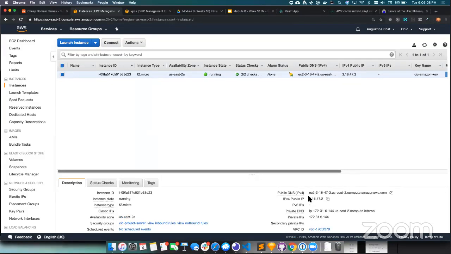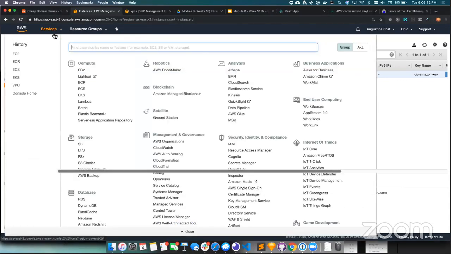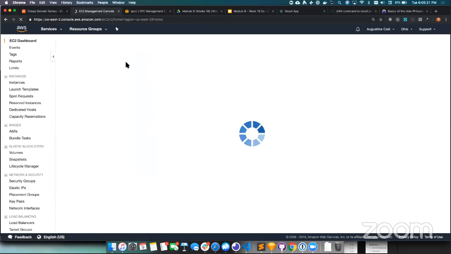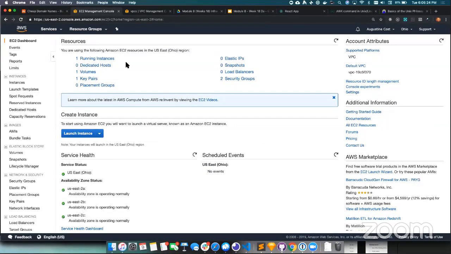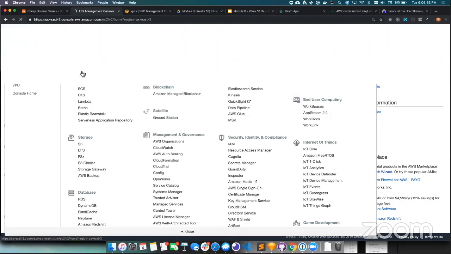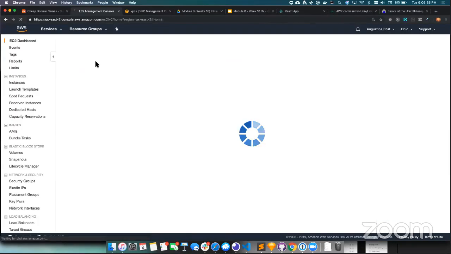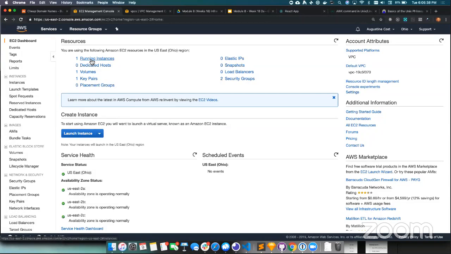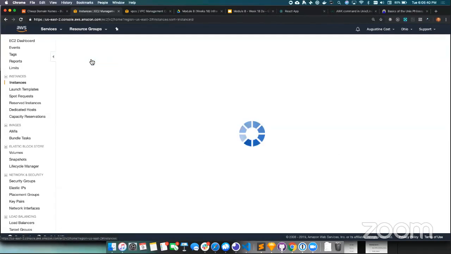Okay, so I'm at the AWS console. Remember, you go to this by clicking services and then EC2, or you can type EC2. It worked, awesome, thank you. So I just did that, correct? Great, sweet. Okay, so if you do services and then go to EC2,